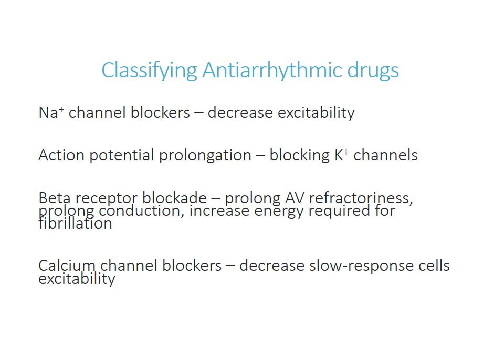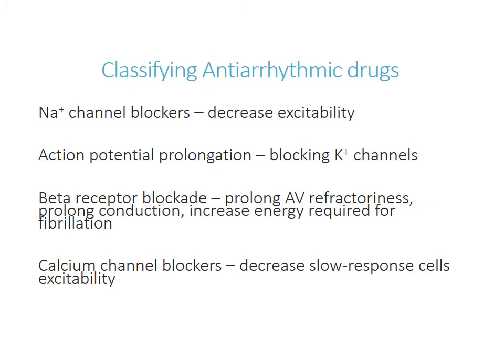So the way that we're going to be categorizing our antiarrhythmic drugs, and you'll see there's a Vaughan Williams classification for our different antiarrhythmics. But first off, we're going to be looking at our sodium channel blockers. These are going to work specifically by decreasing excitability. So if you have less sodium influx, you're going to have less automaticity from the SA and the AV nodes, but you're also going to have less sodium influx on those fast response cells, leading to decreased contraction there. We can actually prolong action potentials and hopefully prolong that refractory period and prevent some reentrant rhythms